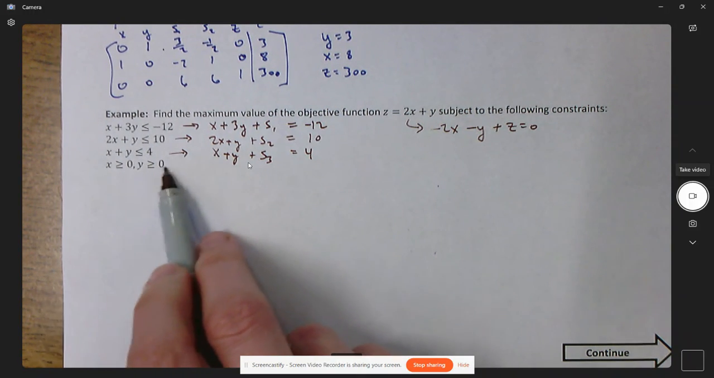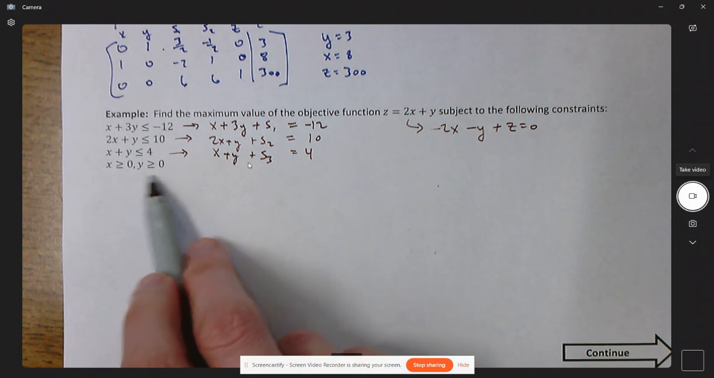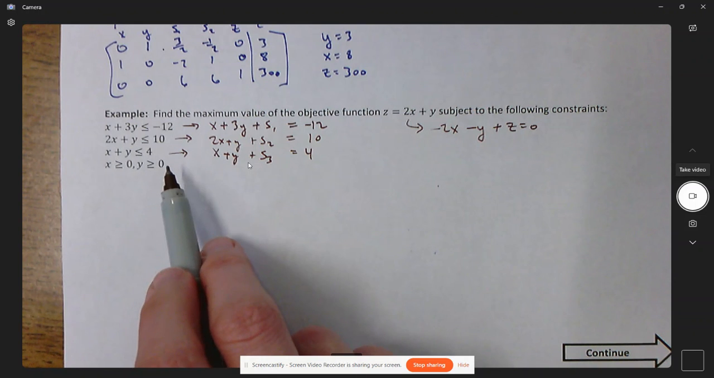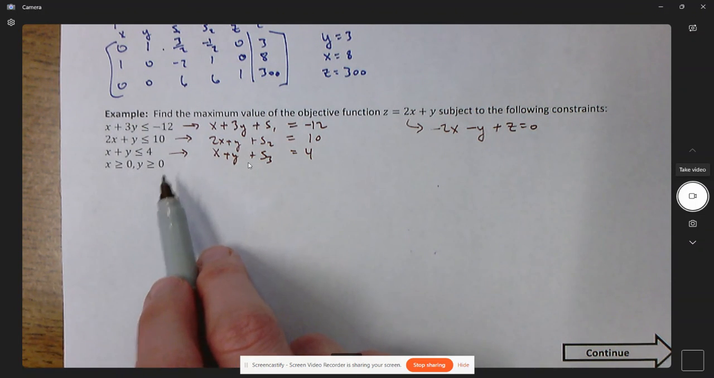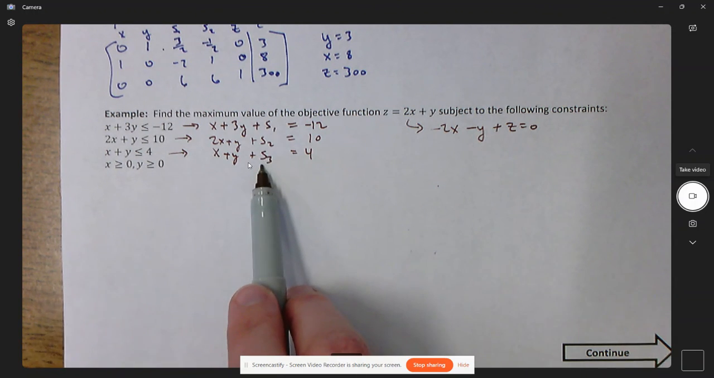These guys, again, we don't need to bother with these ones. Those are very, very common restrictions that x and y have to be positive. So that's just kind of a quick check at the end. All right, so now that we have three slack variables, the only thing